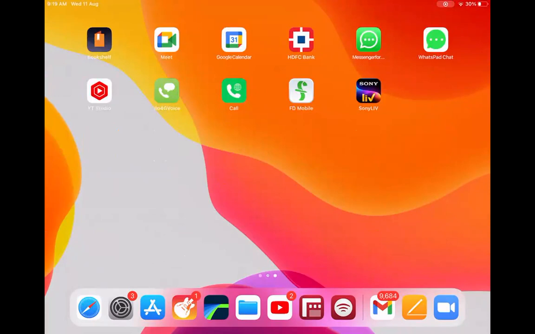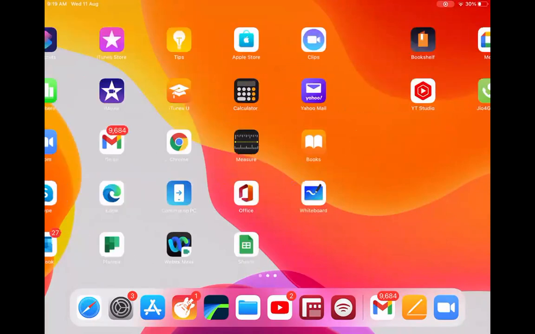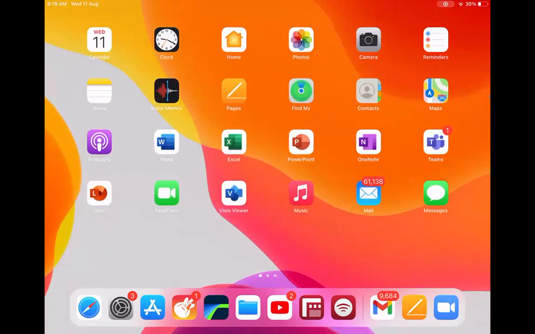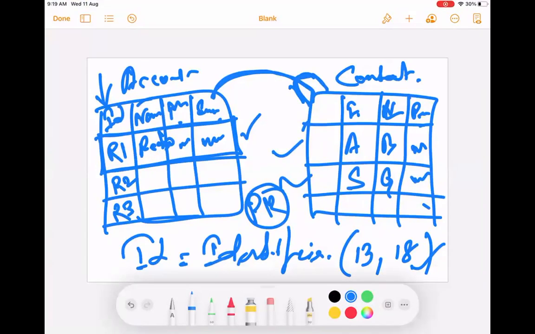So how are two tables in Salesforce connected? Account and contact. Any ID field which uniquely determines a row or record is called a primary key. PK, primary key, is the unique identifier of any row of a table. It's like your passport number. That is your primary key in India.